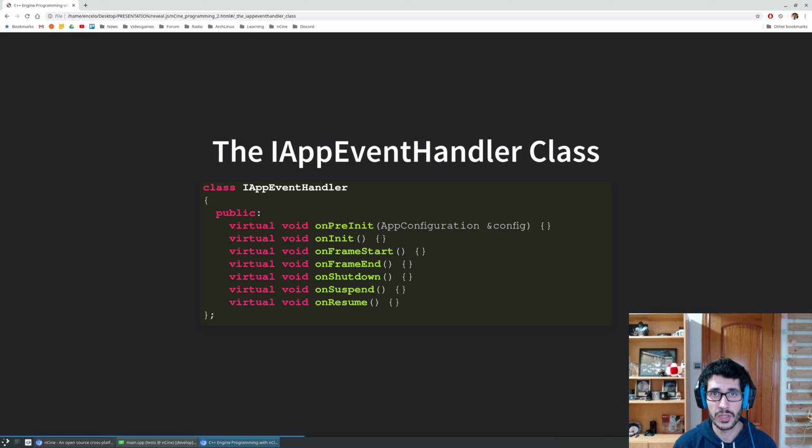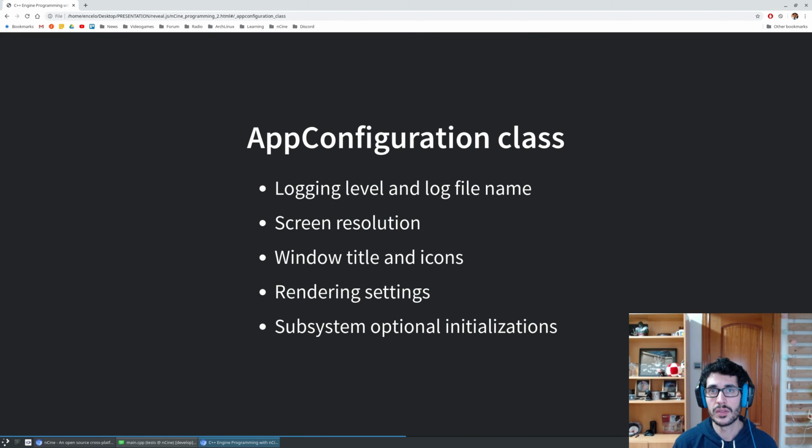Those methods are actually callbacks that the engine will call in order to execute the application code. There are many different methods that the engine will call at specific times. For example, when it starts up, when it shuts down, when the engine is suspended or resumed, or at every frame start. The first method is the onPreInit, and it will pass you a reference to an object of the